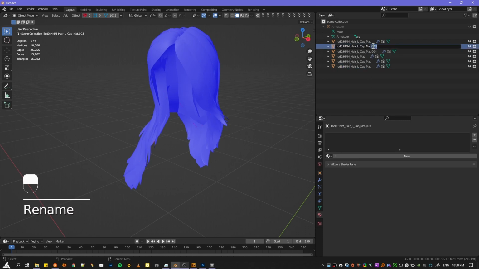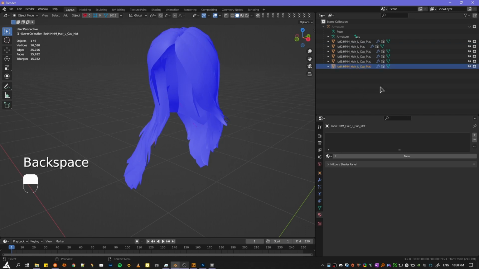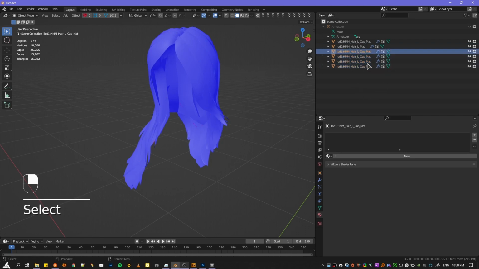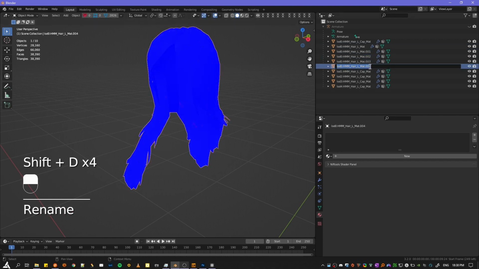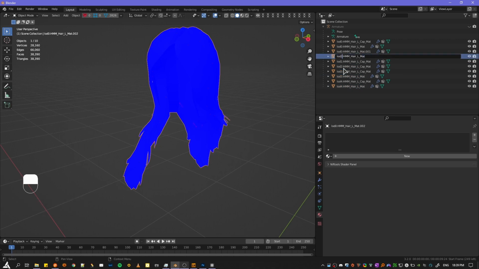2, 3, LOD 4. Okay, well, we got those 4, and now we're going to do the hair. So that's 1, 2, 3, 4. 4, 3, 2,